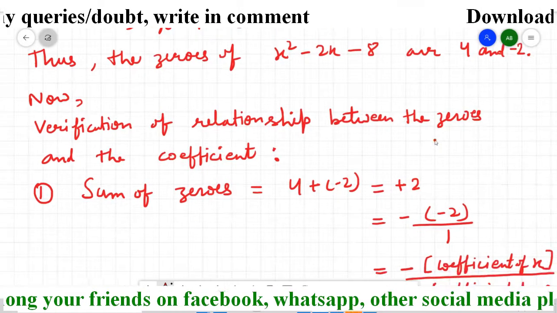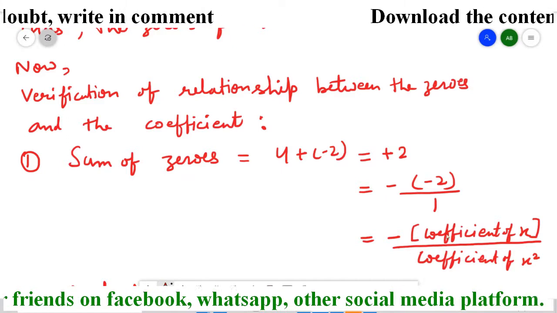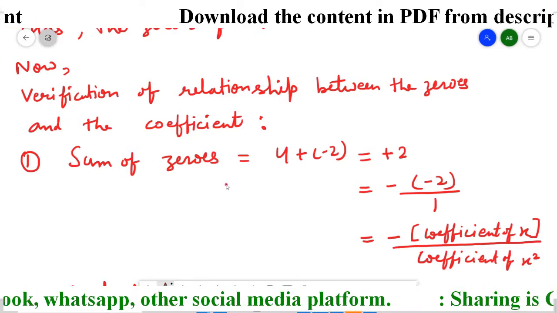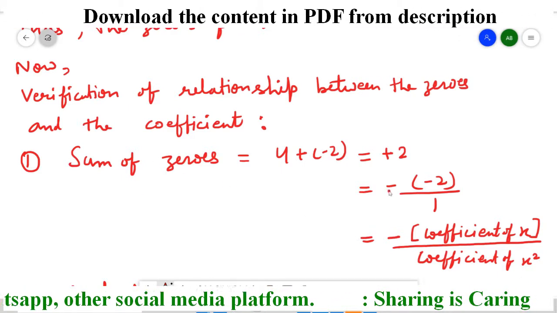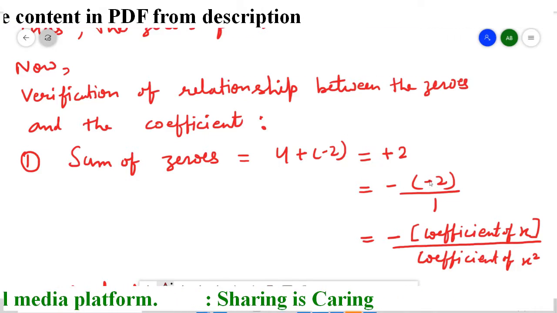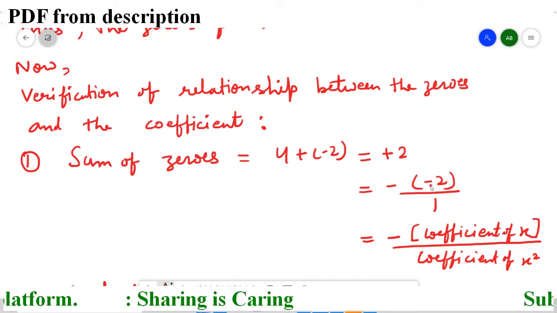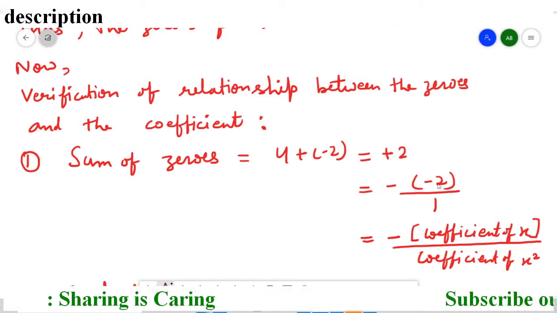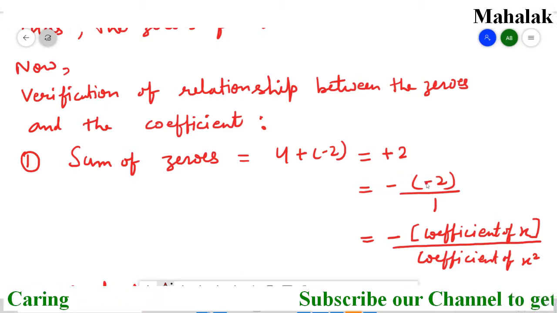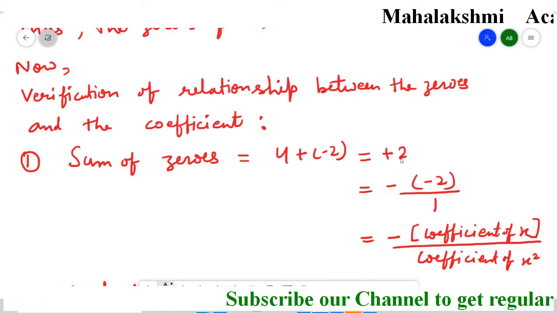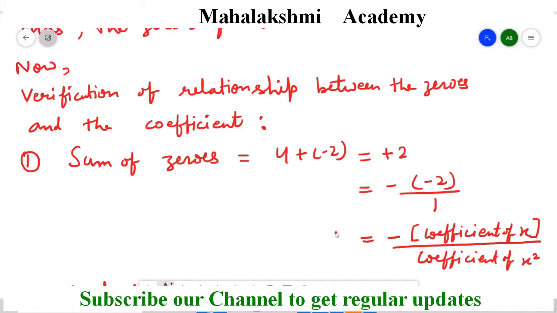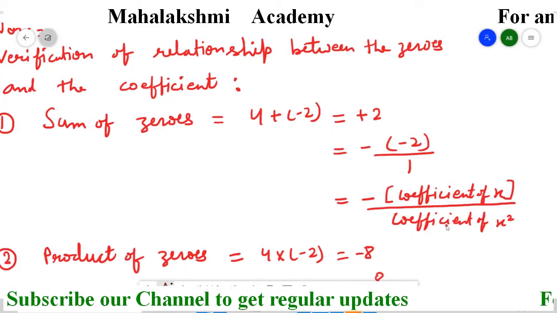Now what we have to do is create this formula. Because in the sum formula starts with a minus sign, just take minus here, but it's +2. So if you are taking minus here, then keep minus inside also, so that the resultant is +2. Its answer is going to be +2, because minus minus is plus, and +2 divided by 1 is +2. So we had +2, but we changed it so that we can convert it into the formula, that is minus coefficient of x upon coefficient of x square.